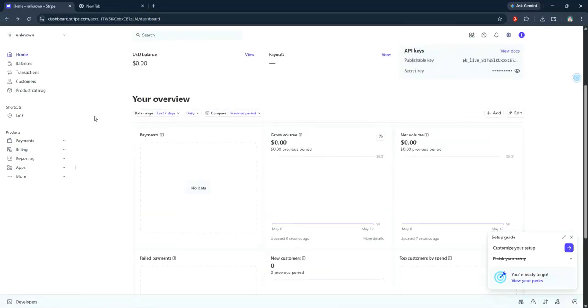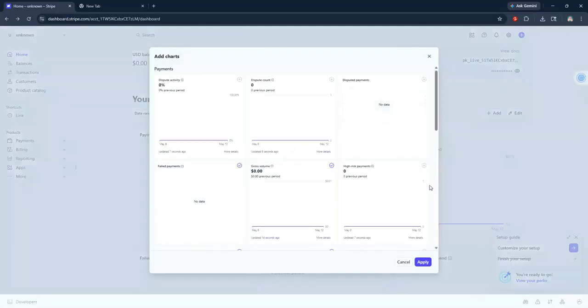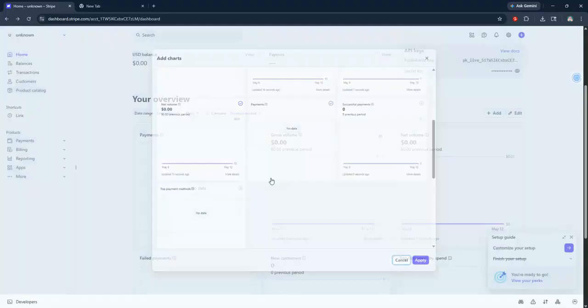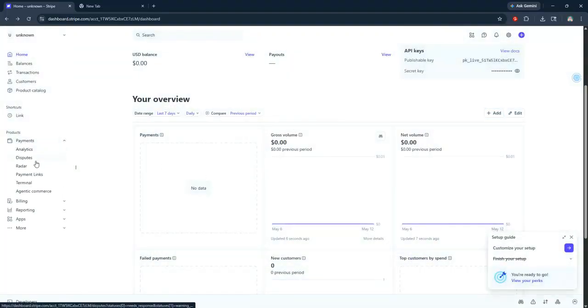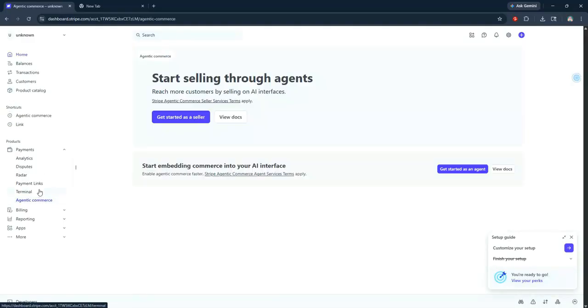Once your bank account is linked, go back to the Payments section. You can now initiate a transfer by clicking on Transfers at the top of the screen. Then, click Transfer Funds. Choose the amount you wish to transfer, select your bank account from the drop-down menu, and confirm the transfer. Stripe will process your request, and you'll receive your funds within 1 to 2 business days, depending